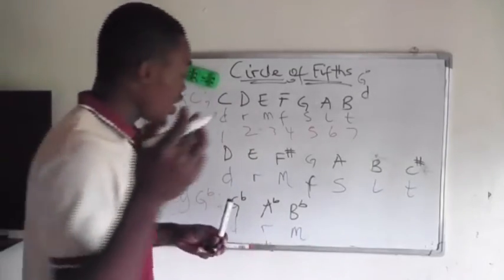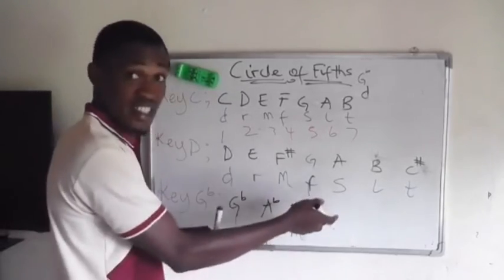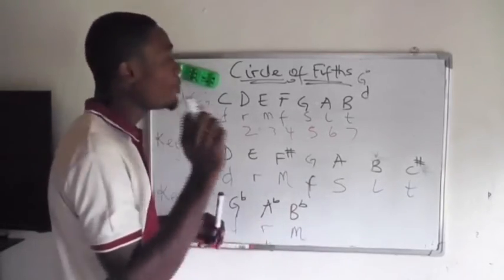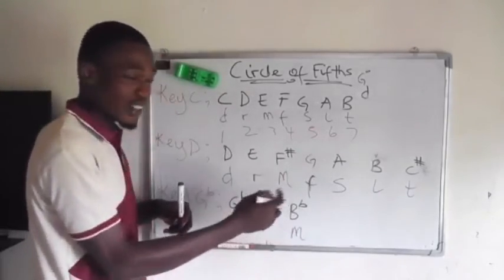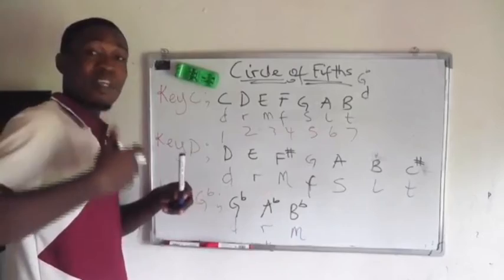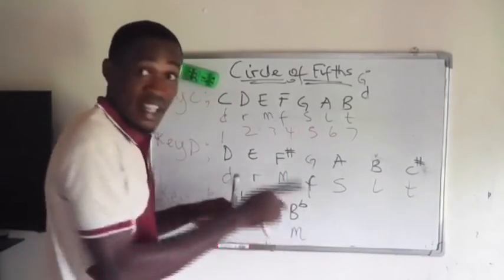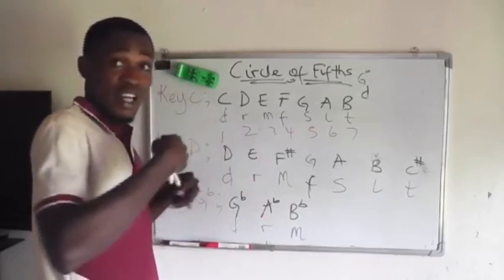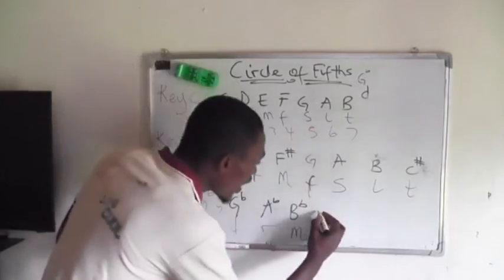Please, your questions are going to be welcome at the end of the video. So from B flat, you know, from B to C is what? A semitone. From B to C is a semitone because we don't skip any frets. But from B flat, meaning you are going backward, from B flat to C is what? A tone. So from mi to fa is actually a semitone. So that means B flat going backward coming to B is going to be what? A semitone.